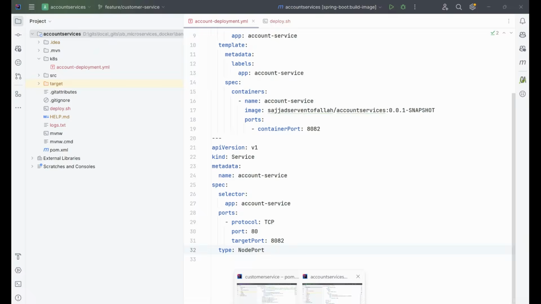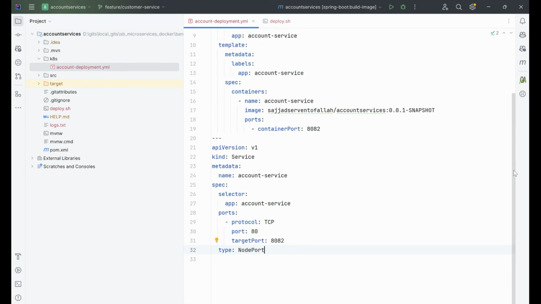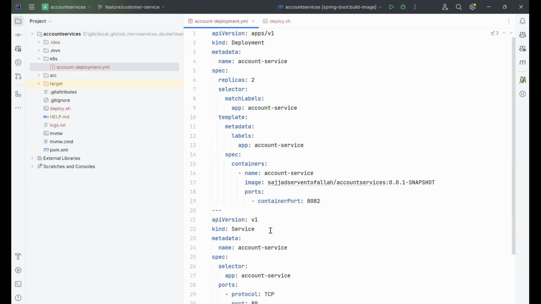Let me come over here to the account services. See, first it's starting the Minikube. Once it has successfully started the Minikube, it will deploy the account services application. For that, it will be reading the deployment YAML file, each and every step, each and every line. And here it will be understanding that,